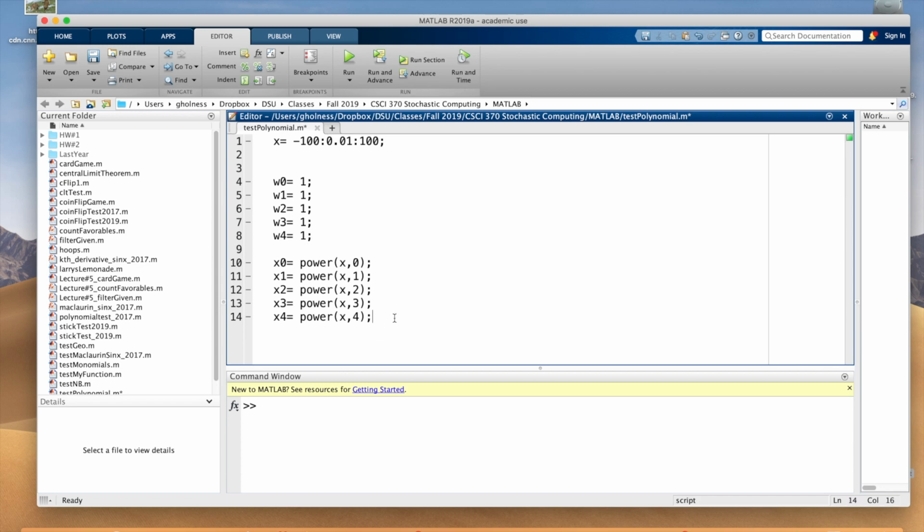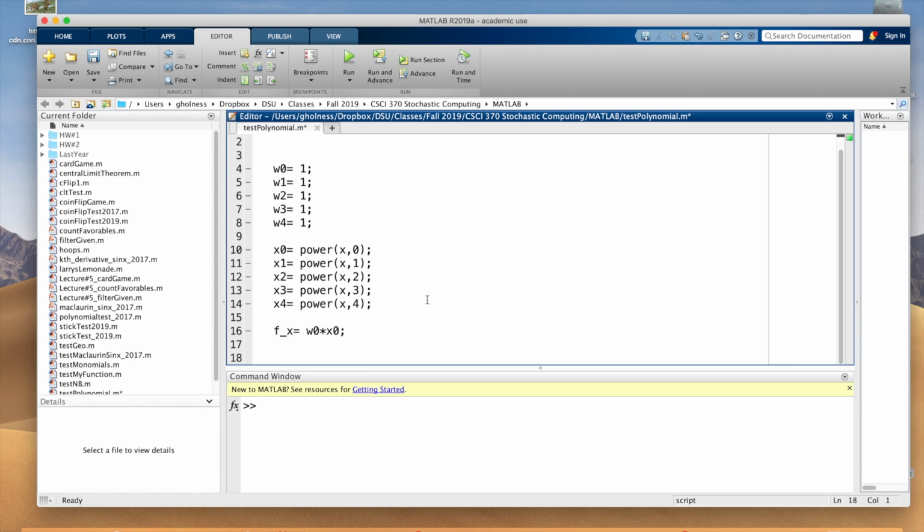Okay, so now let's take a look at the wiggle, so to speak, or the rate of change of each one of these different monomials. So let's say my f of x is equal to W0 times x0, right? So that's that first term of the monomial, and I'm going to plot x versus f of x. Display done, and I like to do a display done just so I can have a breakpoint at the end before the function exits. Okay, any questions about this?